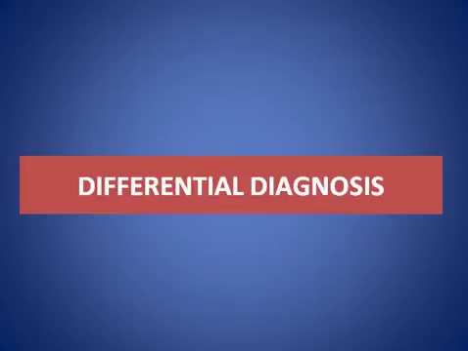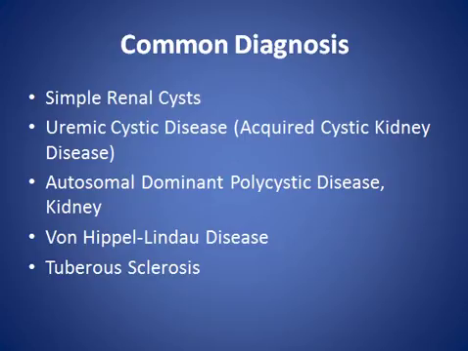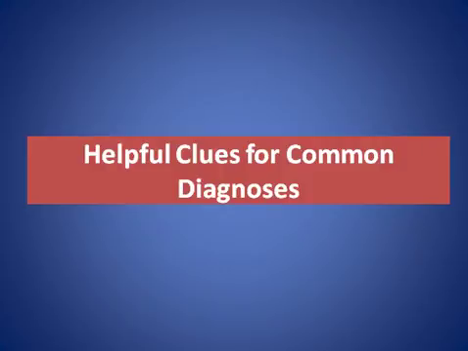The differential diagnosis of bilateral renal cyst. The common causes: simple renal cysts, uremic cystic disease, acquired cystic kidney disease, autosomal dominant polycystic renal disease, von Hippel-Lindau disease, tuberous sclerosis. Clues for differential diagnosis: